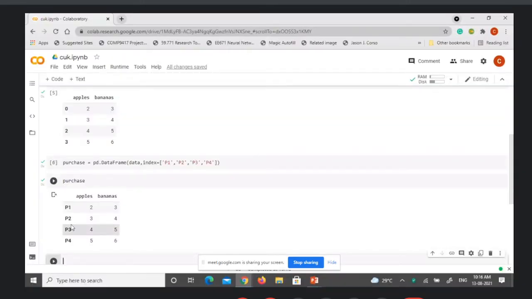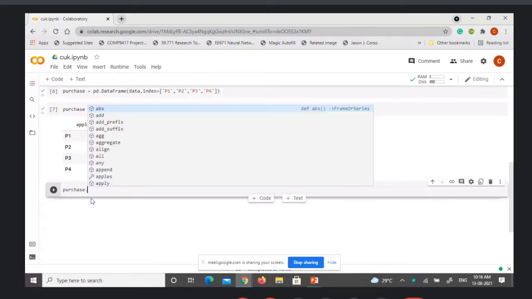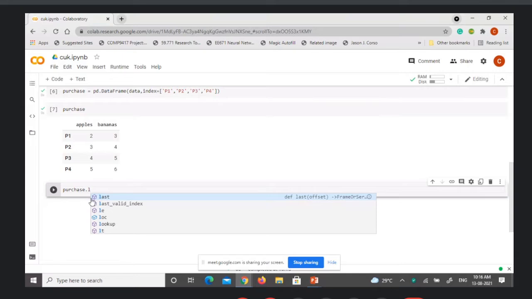And now, if you want to retrieve a particular row from this table-like structure, say the third item or the fourth item, you have a command called purchase.loc.